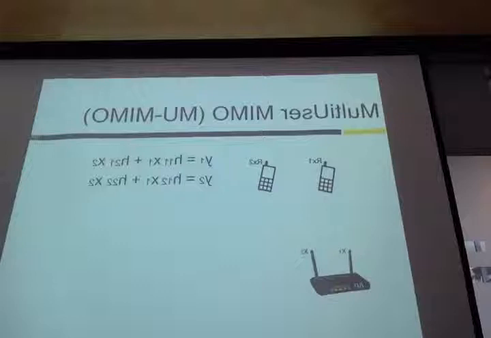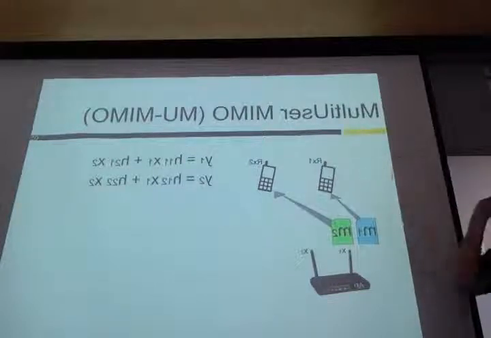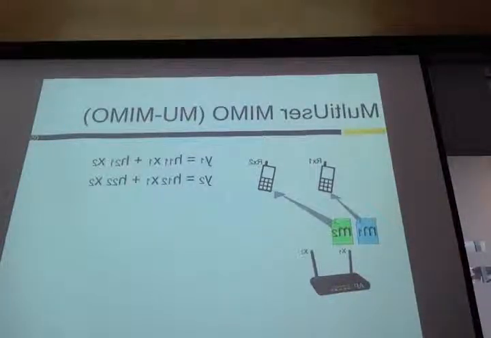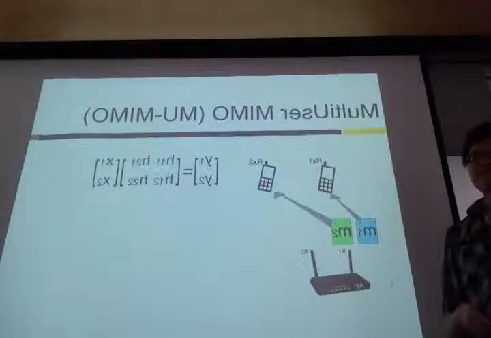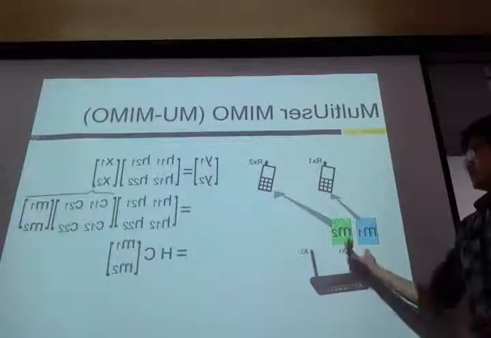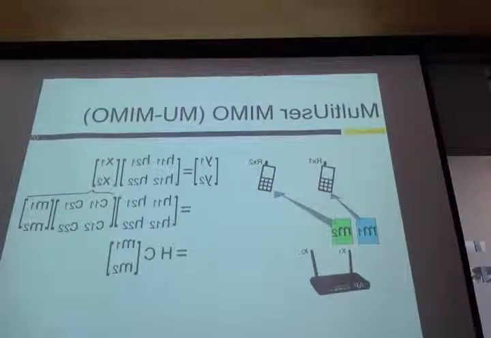That is the multi-user MIMO network. The purpose of a multi-user MIMO network is to send multiple data, that is, messages, at the same time. For example, message N1 is sent to receiver 1, and message N2 is sent to receiver 2. To do it, we first rewrite the channel equation in matrix form.